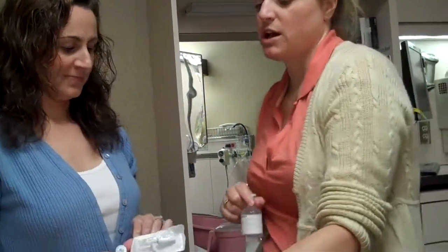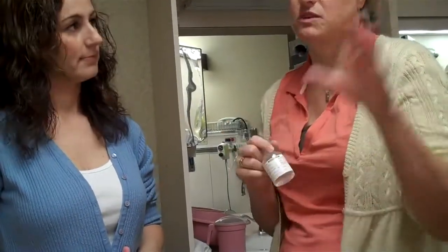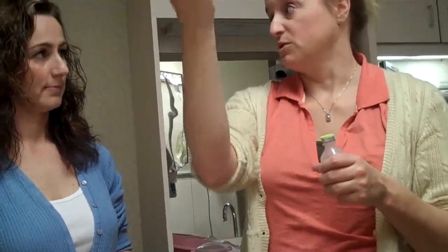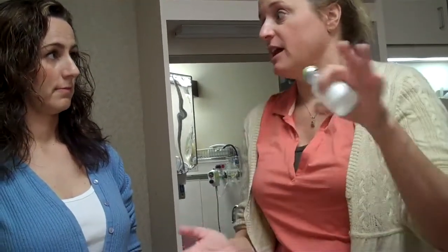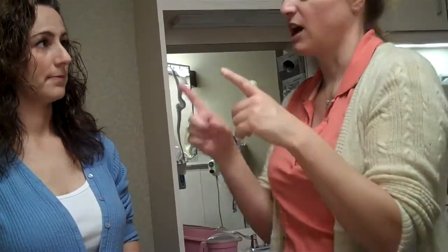This runs on gravity, so you're going to see when the bag empties, it's going to pull the chamber empty, and the tubing will be half empty before the infusion stops on its own. There'll be some natural vacuum, so that if you turn around, air will not go into the line. So you'll have like 6 inches